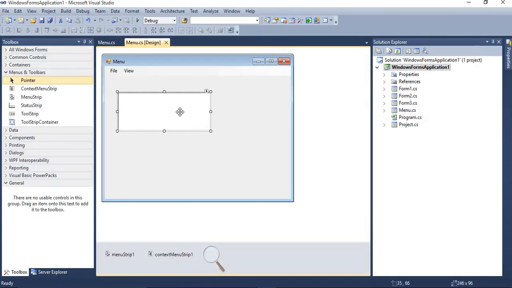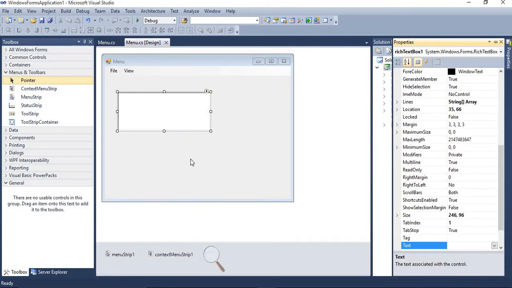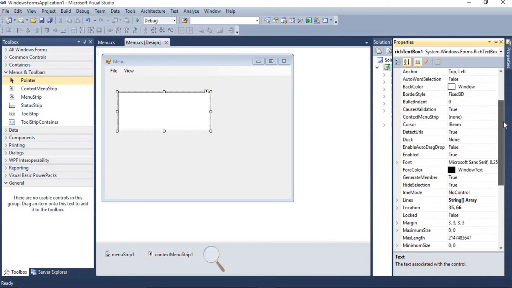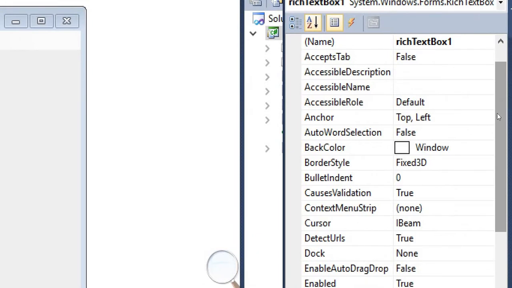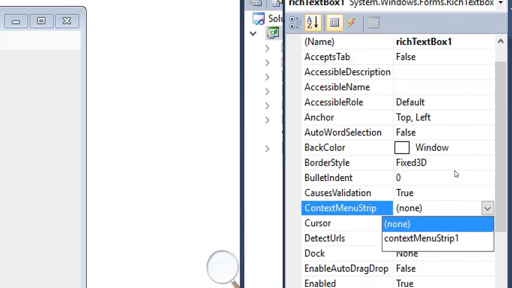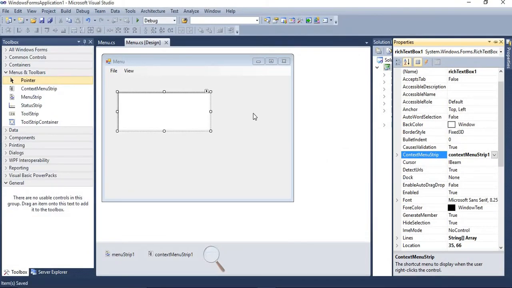One more thing you have to define: on the particular control where you want to apply the context menu strip, you have to select that from the properties also. So right click on the rich text box, find the property ContextMenuStrip and select it, otherwise it will not appear at runtime.